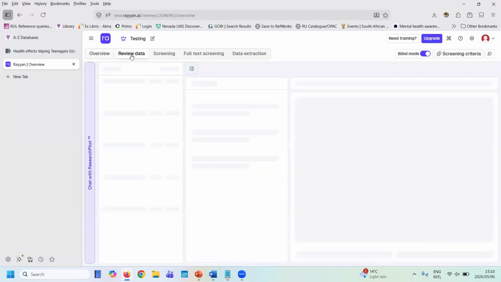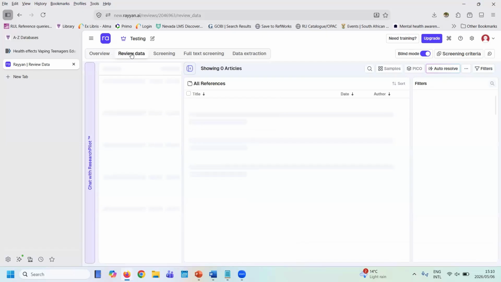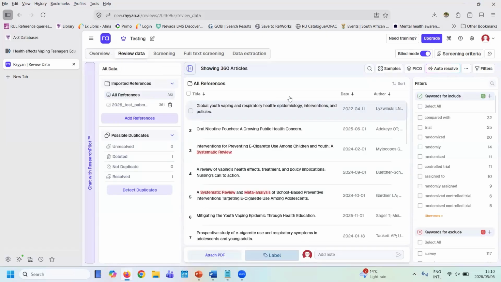We're going to review the data. Click on the review data panel. So these are all the articles. Remember, we had uploaded 361. We searched for duplicates and we found that there were 2 duplicates. We removed the duplicate and now we're down to 360